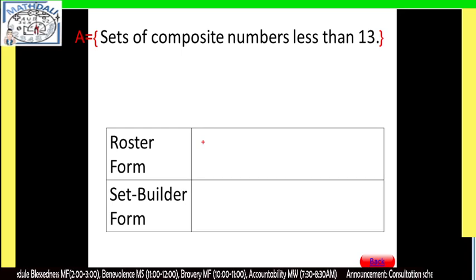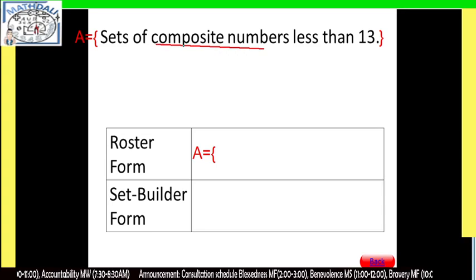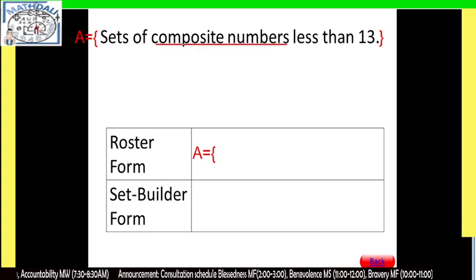Okay, so let's have this roster form. I'm going to use again the name of the set. Of course, that is A equal to, I'm going to list down all composite numbers. By the way, what do you mean again by composite numbers? Ano ibig sabihin ulit ng composite numbers?